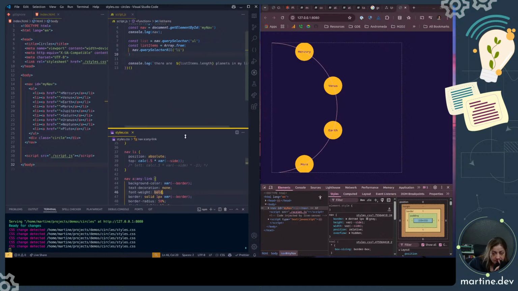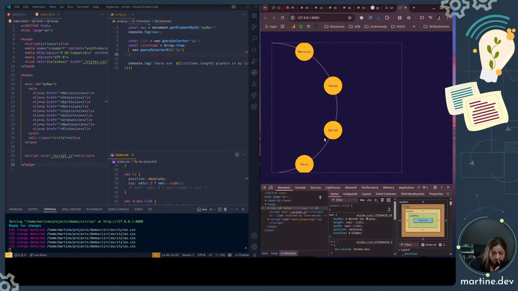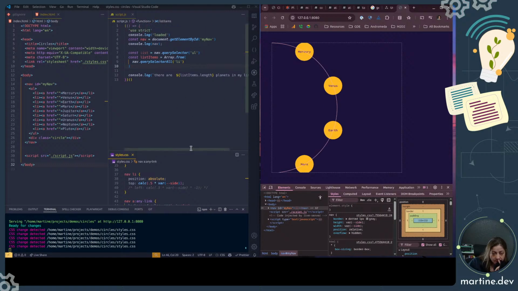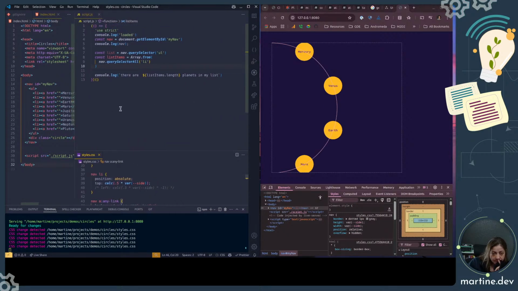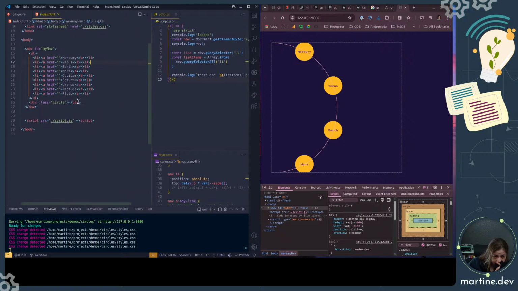But I think what we can do is, let's say we do an on scroll, right? So if I do an on scroll on the nav,